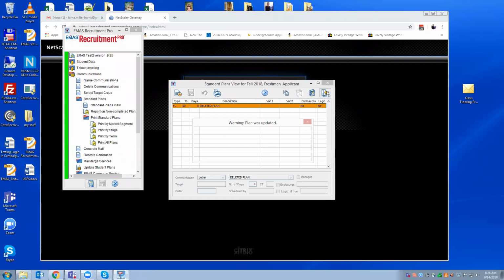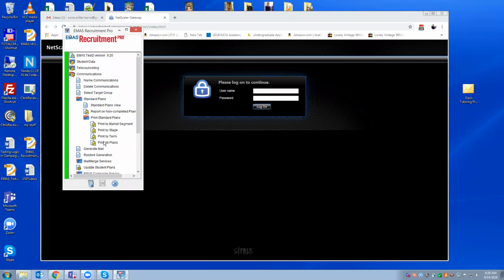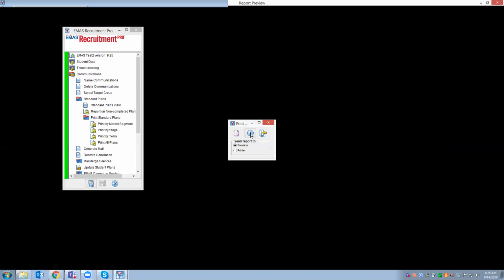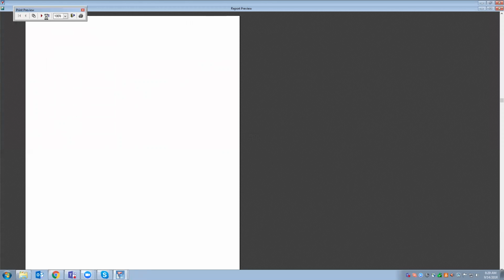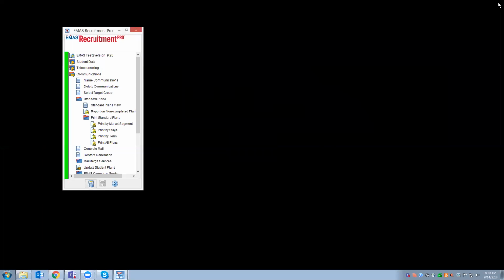Now, this will be interesting. I'm going to say no here. If I go back and print all plans, I'm still going to have those old plans, but now they all just say deleted plans, right? For the entry terms that I selected. So that's really clever. Thank you, Lois, for sharing that. If that's helpful for anyone, I think it could be.